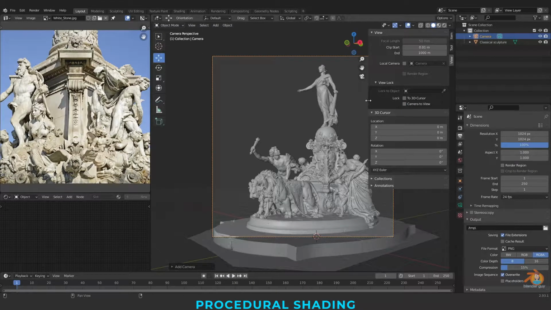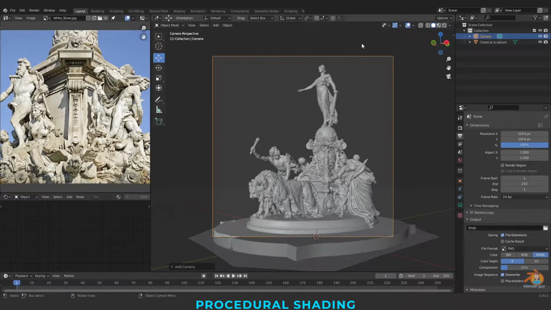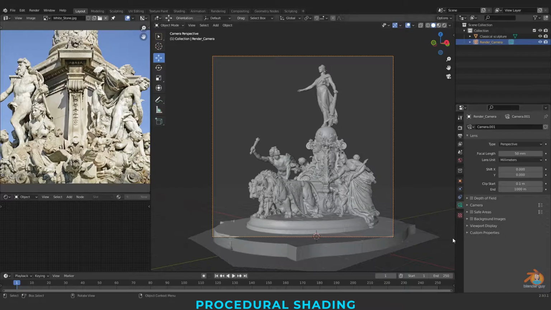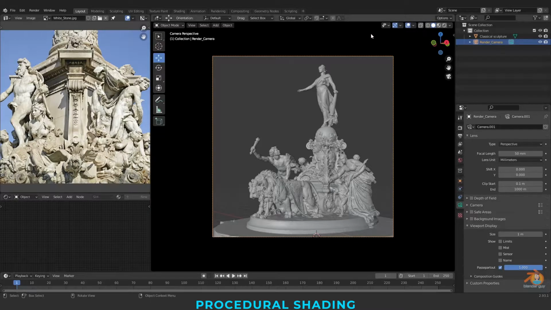This is okay for me now. So I want all this area to be darker, and I'm renaming this as render camera. Always have a good practice of giving names. Render camera, and selecting my camera, going to viewport display. I'm using this pass out to 1 so that I can't see the things around here.